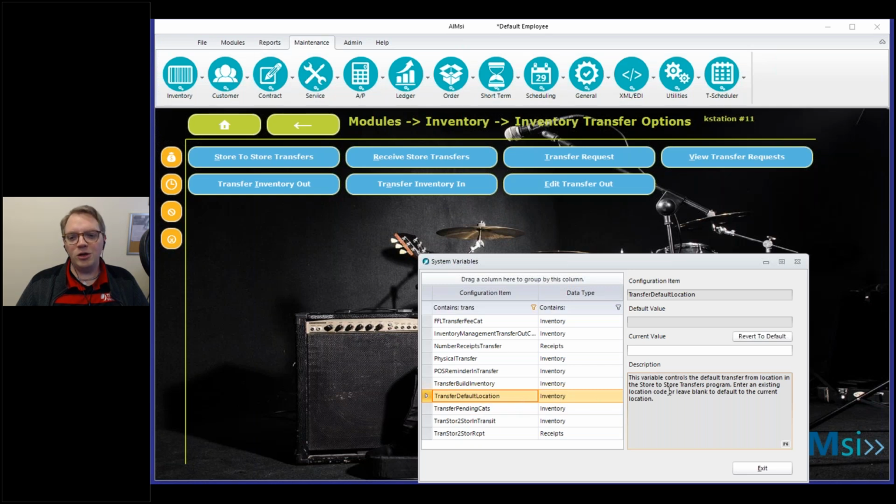This transfer default location, you can see how it says this variable controls the default transfer from location. If this is blank, it'll just use the default location from your workstation, but you could put in the location code if, like I said, maybe you're dealing with a warehouse type situation, and you don't want to keep constantly changing it, that you're transferring from the warehouse to your store. In this instance, you could put in the location code of the warehouse so that it would default to the warehouse as being the transfer from,